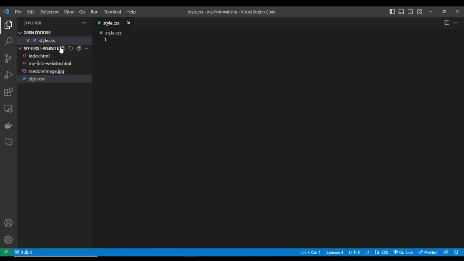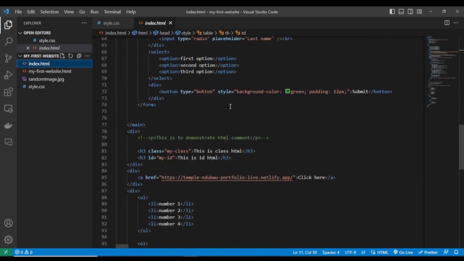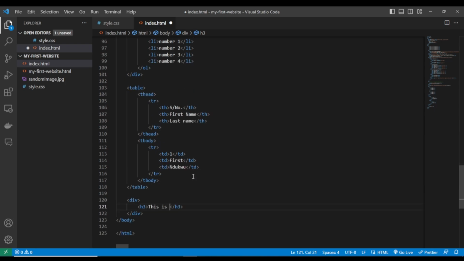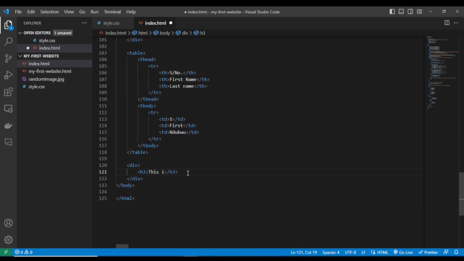Okay, first of all, let's go to our HTML file again. Let's create a new div. We'll call this is div. So now we currently have this div. Let's put an h3 tag. I think we need to host this. I think let's create a new